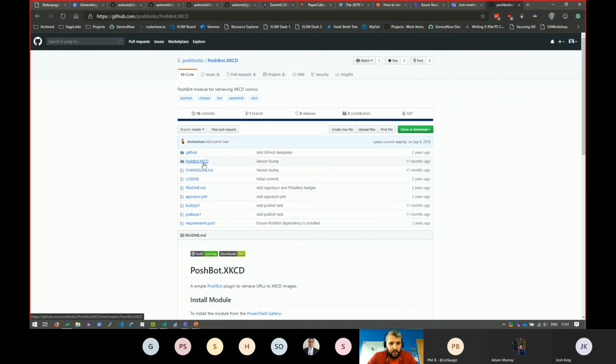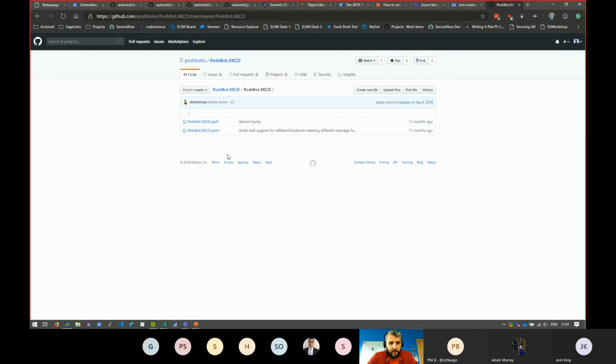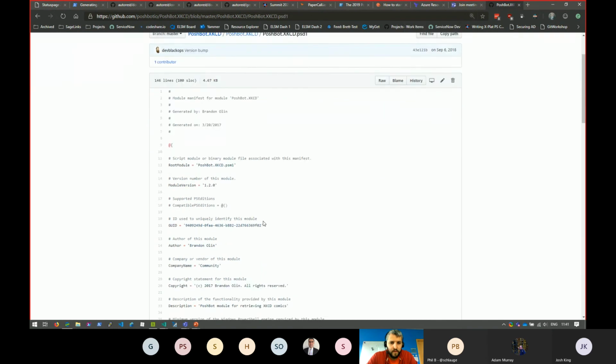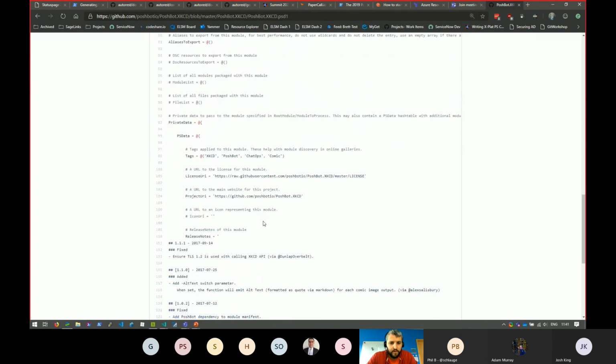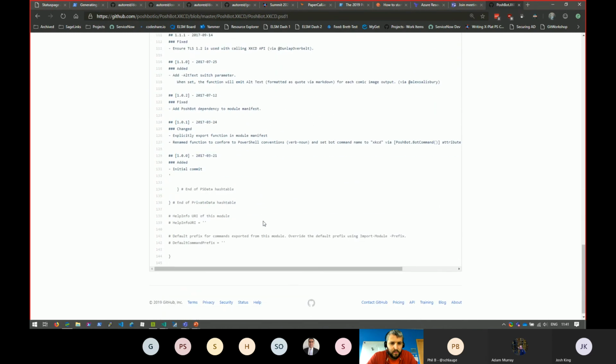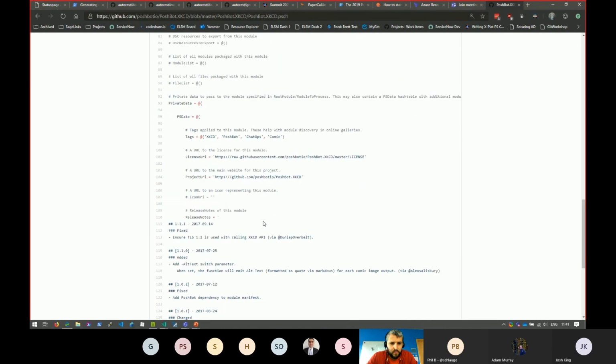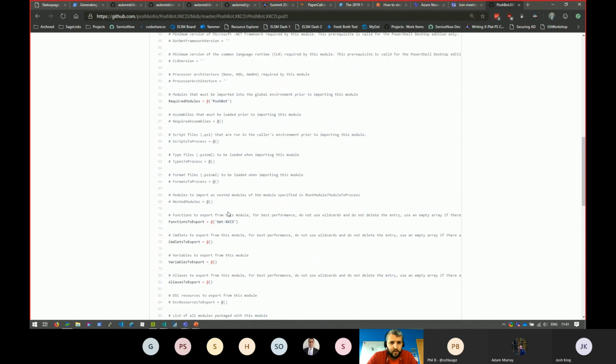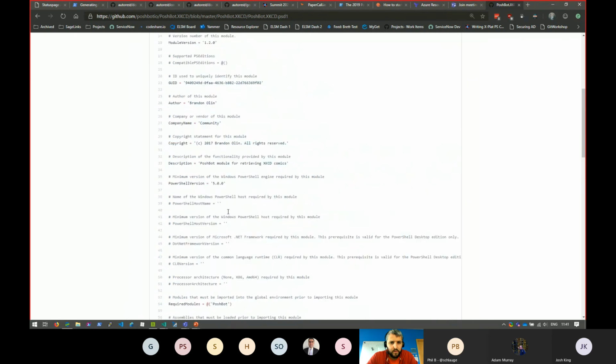So within xkcd, you should have your module manifest. And what you have down here is release notes, functions to export, required modules, Poshbot.